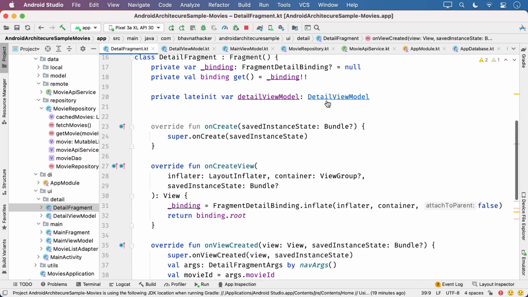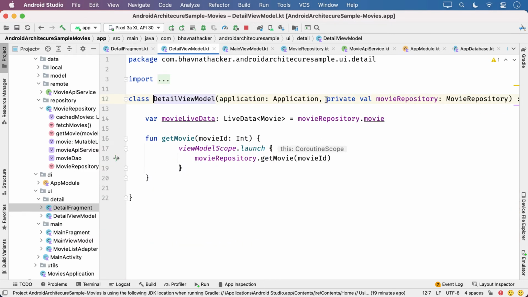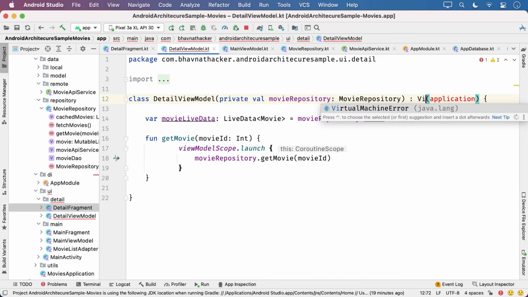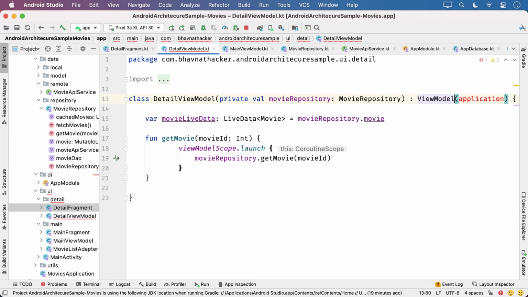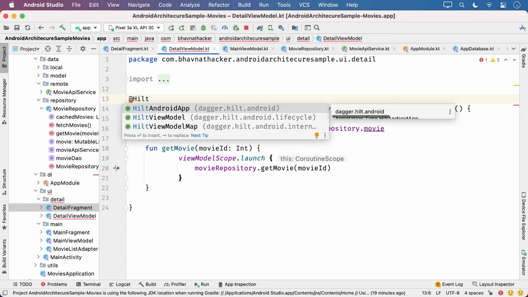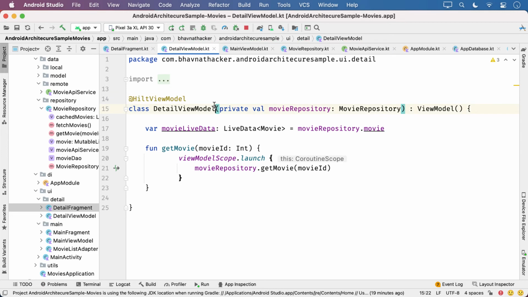and go to detail view model. I no longer need this application. Instead of Android view model, you can just say view model. Now for view models, what you have to do is at the top of every view model class that you want to inject, you say @HiltViewModel.